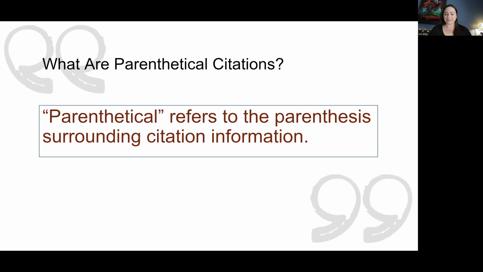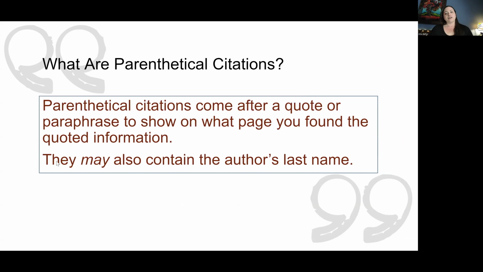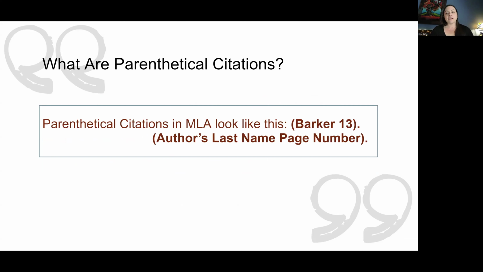So let's get back to those parenthetical citations that I mentioned before, that number 13 from the original from way back then. When we talk about parenthetical citations, that word parenthetical refers to those parentheses surrounding the citation information. Parenthetical citations come after a quote or paraphrase to show on what page you found the quoted information. A parenthetical citation may also contain the author's last name, but it doesn't always. So in MLA, a parenthetical citation would look like this, where you have the author's last name and then the page number,